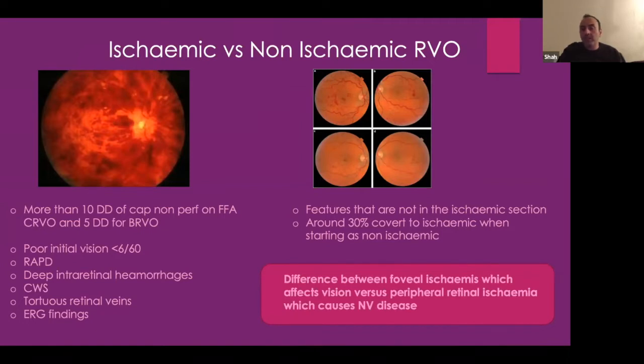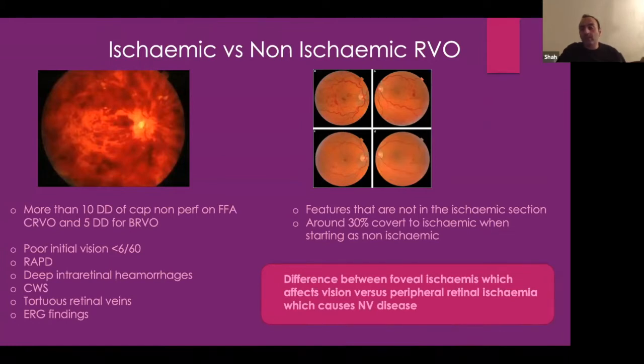With non-ischemic, you should always try anti-VEGF therapy if there's macular edema in order to give them the best chance to improve the vision. And of course, if they've got ischemic vein occlusion and they're keen to improve their vision, then that's fine too. On angiography, in essence, in studies, 10 disc diameters of non-perfusion in CRVO and 5 in BRVO is counted as ischemic versus non-ischemic. But don't forget, when it's very hemorrhagic, fluorescein angiography is often of very limited use.